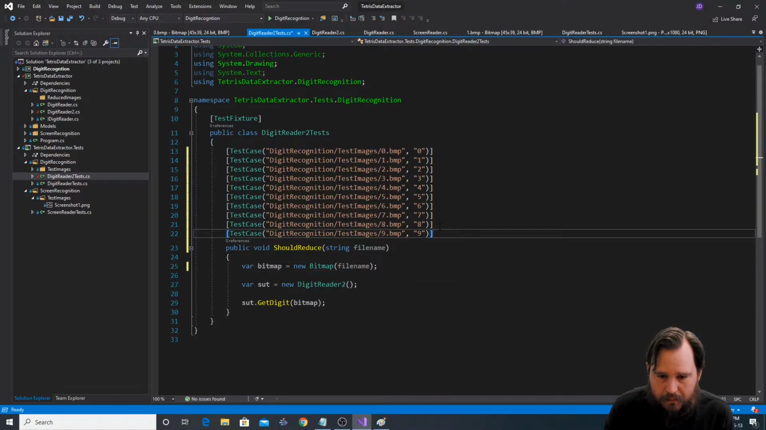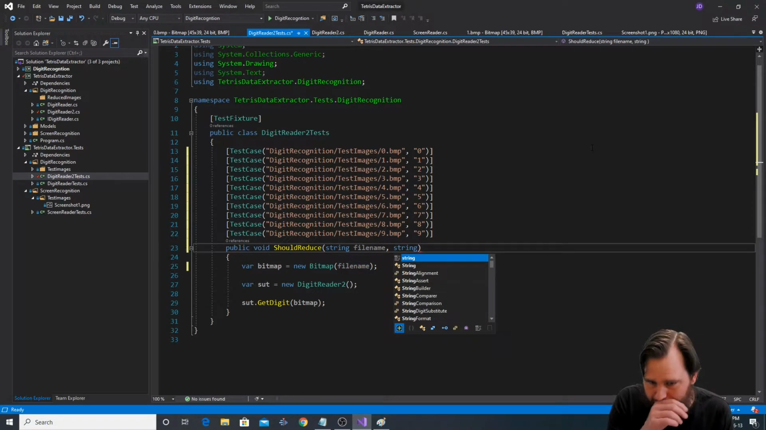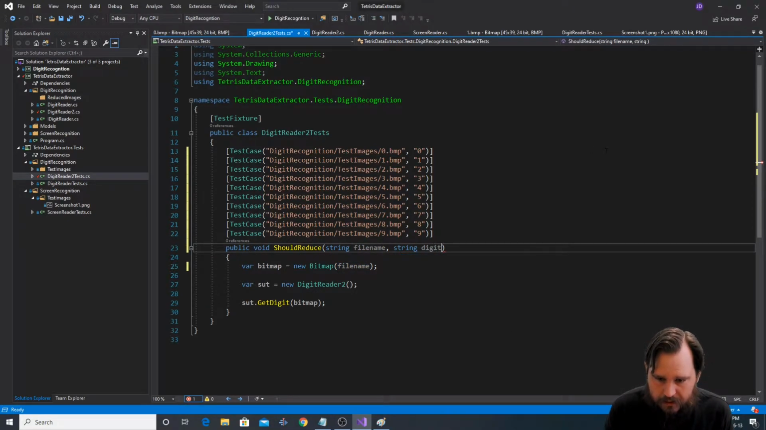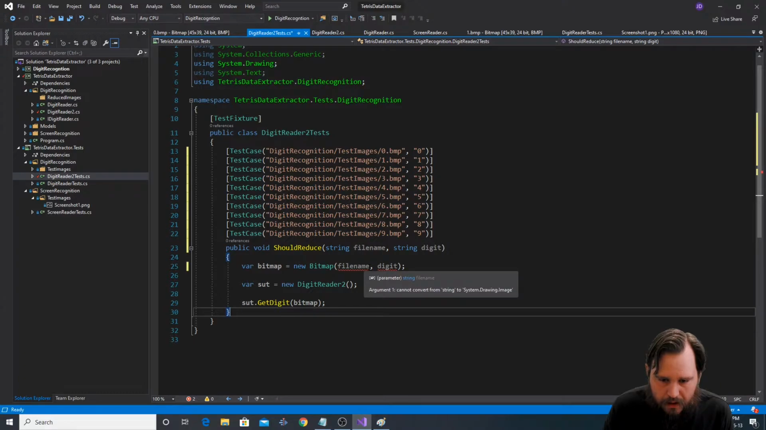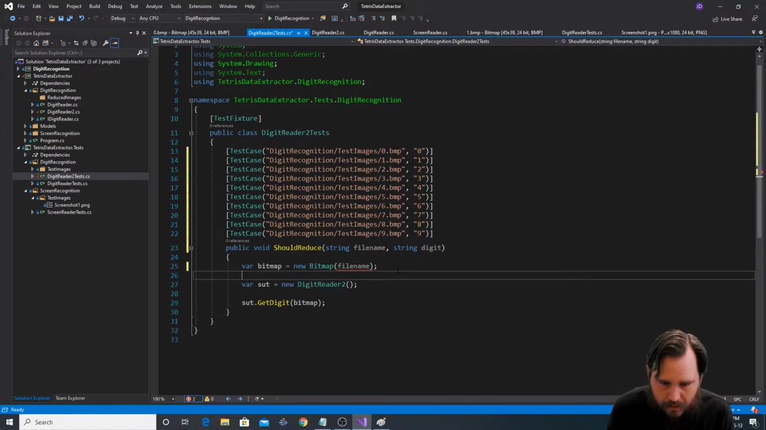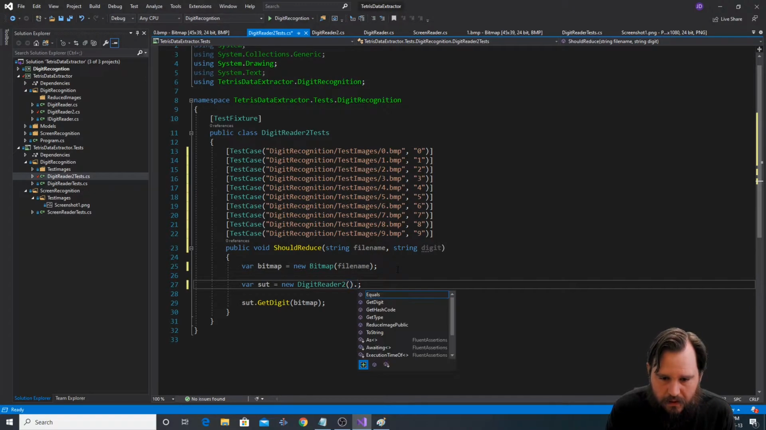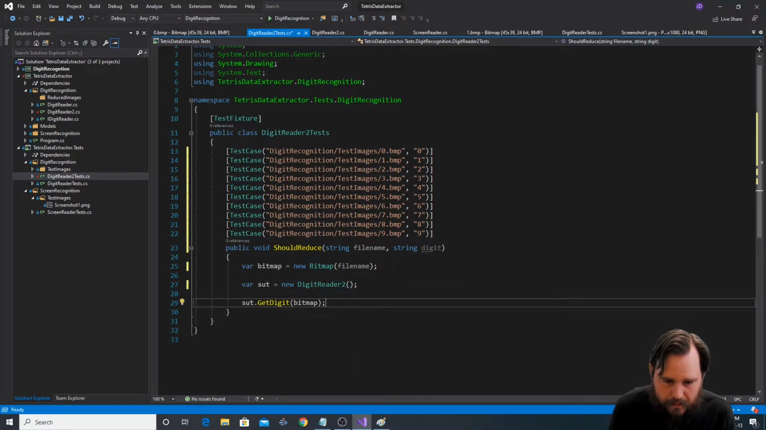What's the file name? Oh, yeah, right. String digit. Okay, and we'll pass along digit. We're gonna new digit reader. That's fine. And then we're going to go